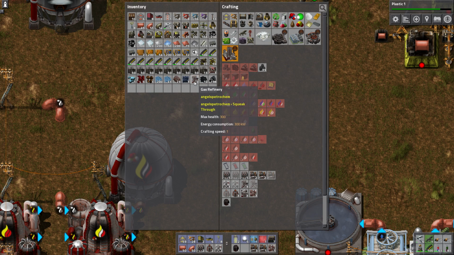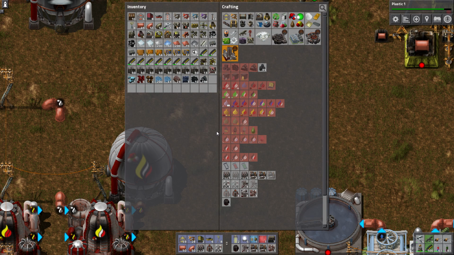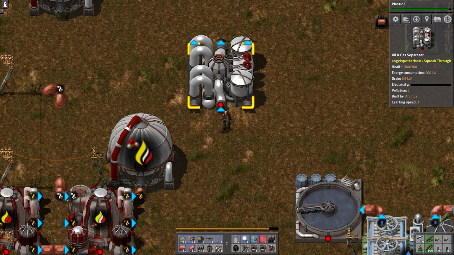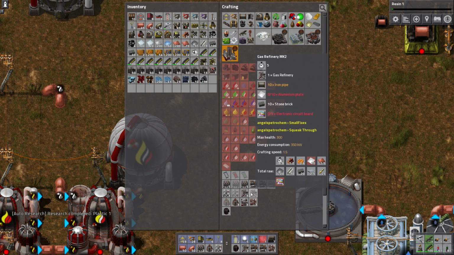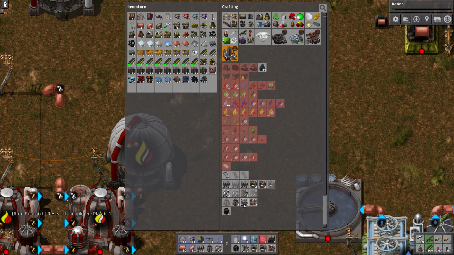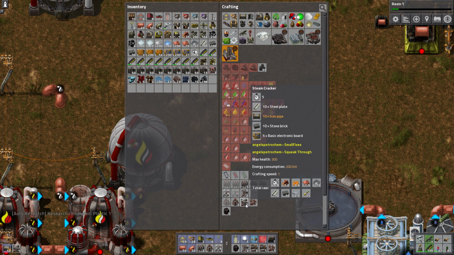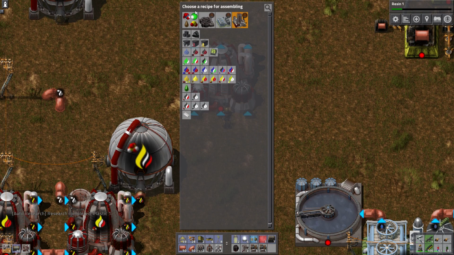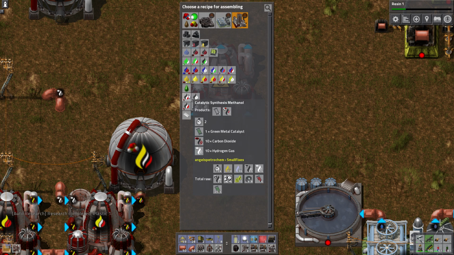Was it the gas refineries? No. Oil and gas separators? No. It had to have been the chemical plant then, right? Or the steam cracker? Chemical plant. It's the chemical plant. No, it's the...